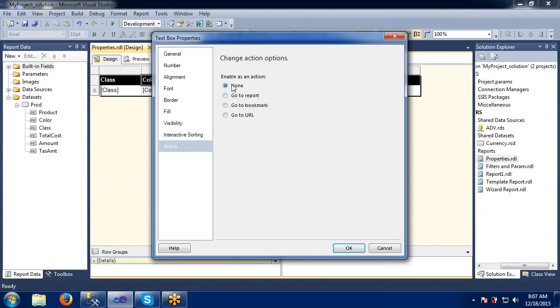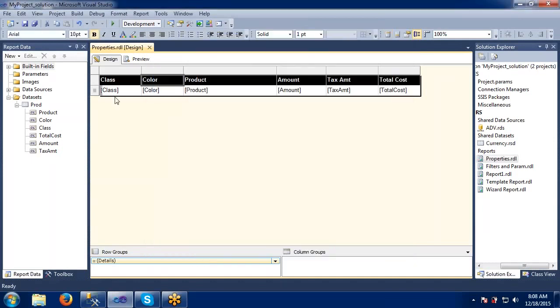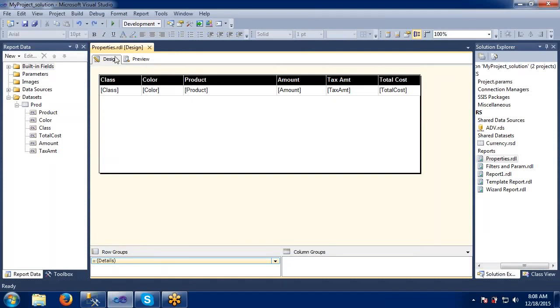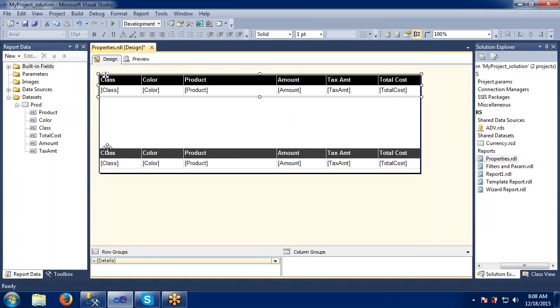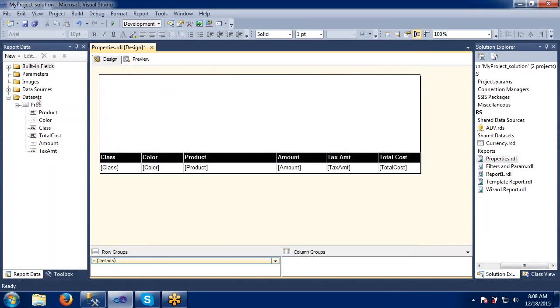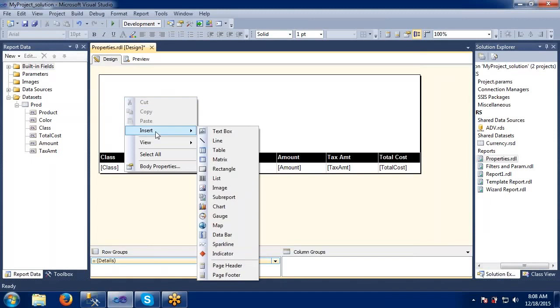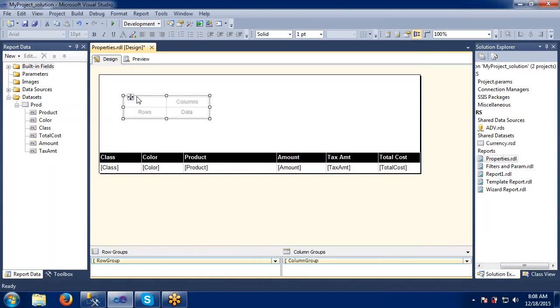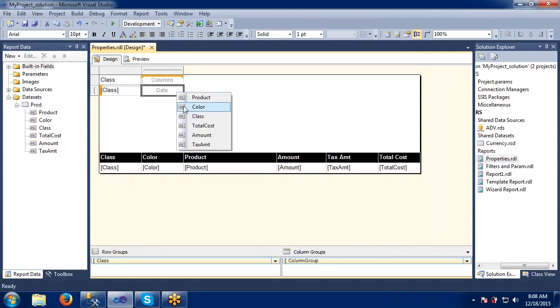Okay. Now we are going to discuss one more report. So here I would like to take a matrix report. Why? Because the matrix report properties will be somewhat different. Let me take class, color, product.